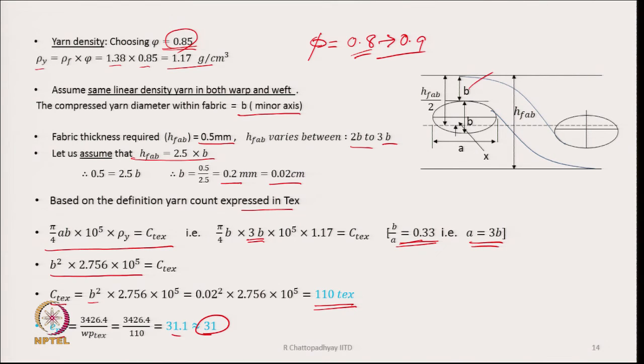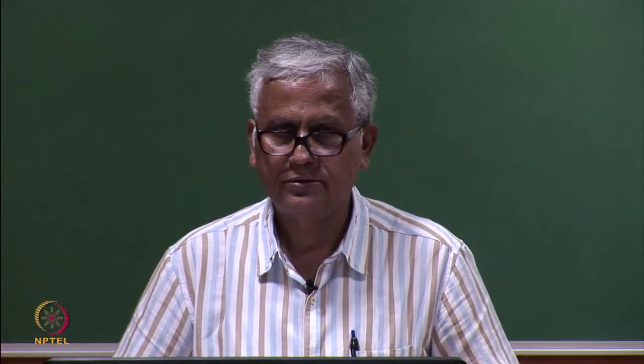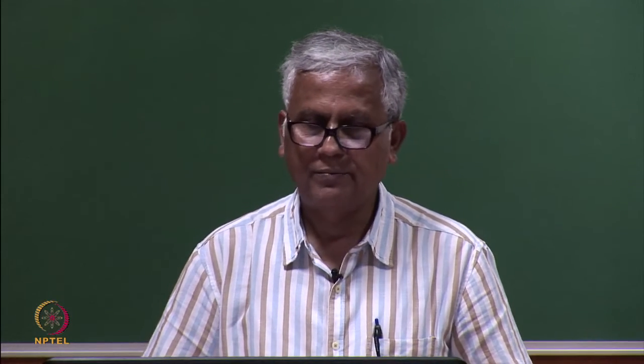So, either we follow this method or that method, we end up with a count which is very close, and this is true for fabrics made from filament yarns, that too from low twisted filament yarns. So, a lot of deformation happens within the fabric,